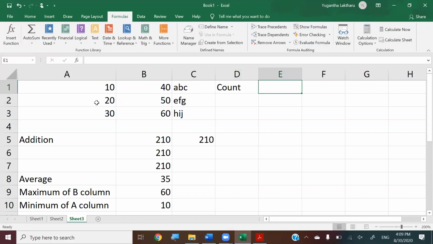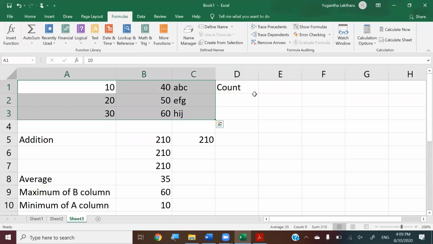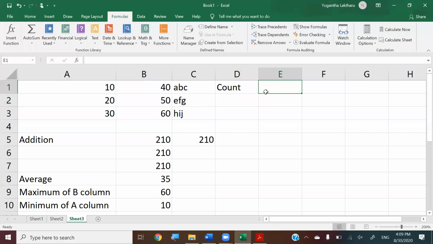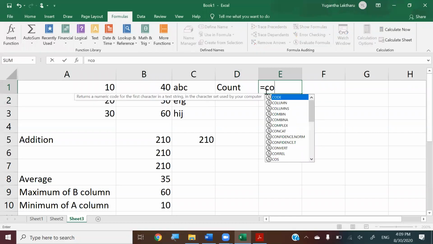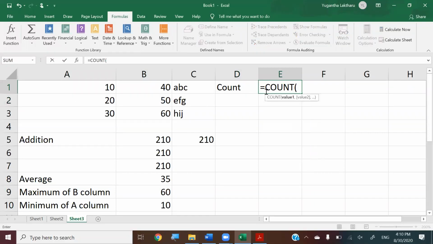So I'm going to take the count by giving the cell range from A1 to C3, right? Let's see what is going to happen. So I'm pressing equal, count, I'm giving the range from A1 to C3, so I'm closing my brackets and I'm pressing enter. So as you can recognize, my count gives me 7,